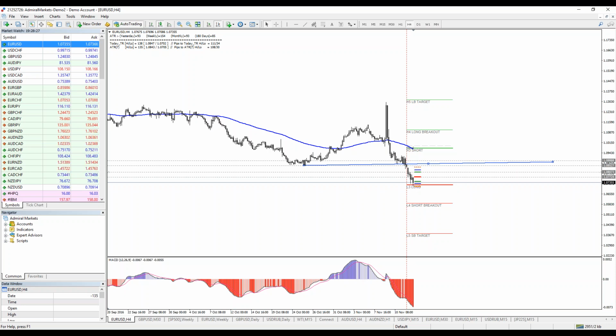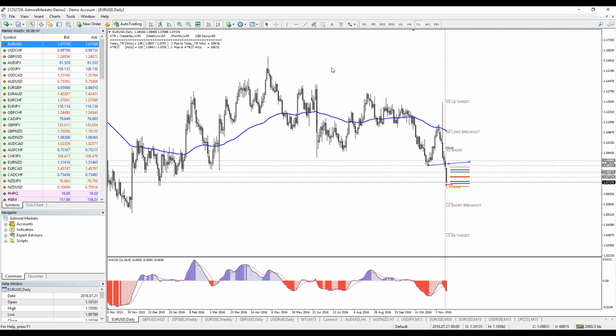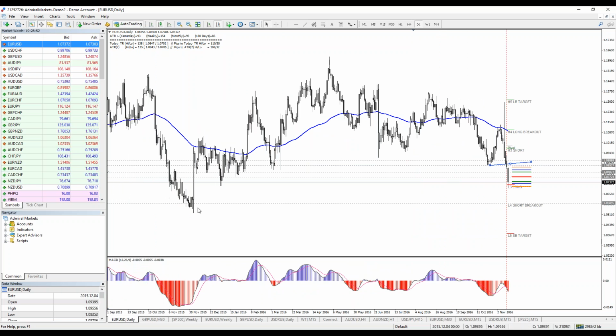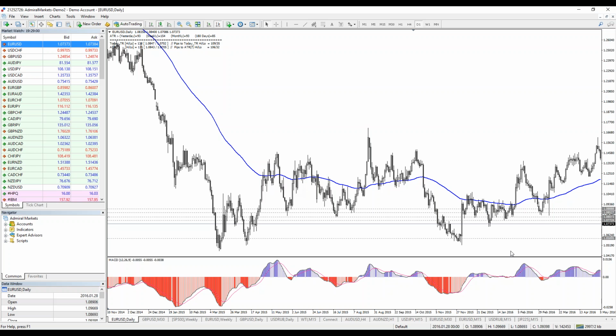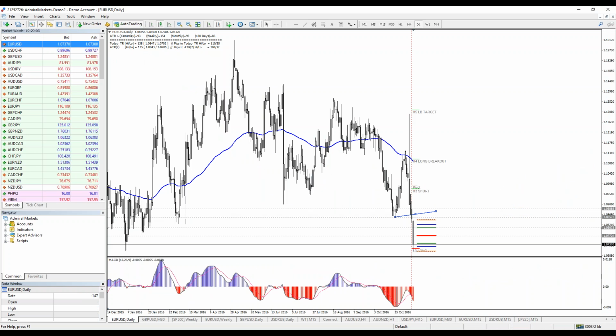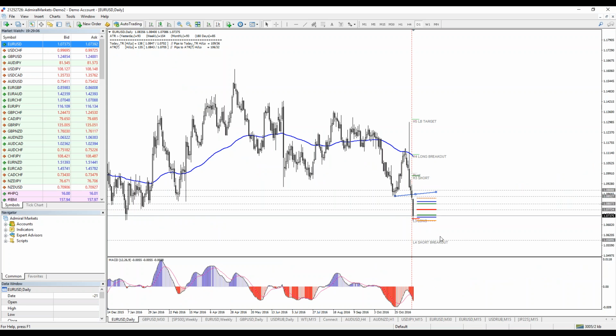Also, guys, where euro dollar might turn, what I think is, if it doesn't break 1.0715, it could turn at least to give us a healthy retracement. But if it drops, it should give us some possible buying opportunity here at this zone, at this level, because you see here, guys, we had a lot of history, huge history of buyers at this spot. So I think that euro dollar's drop should reverse when it hits